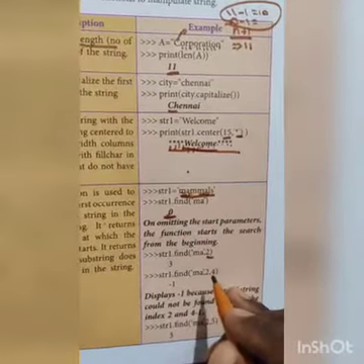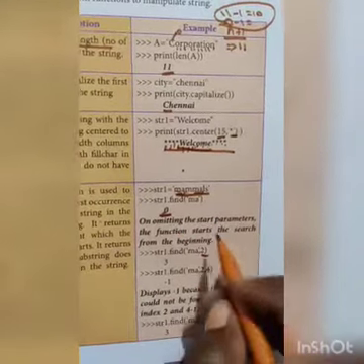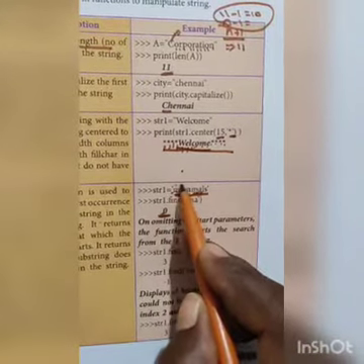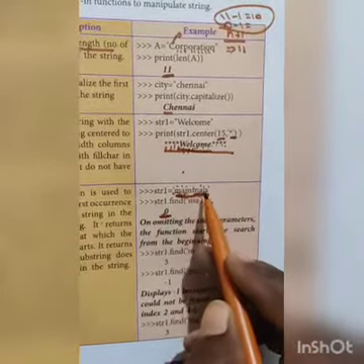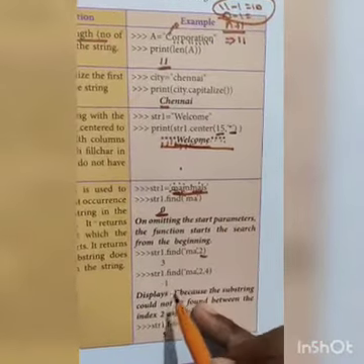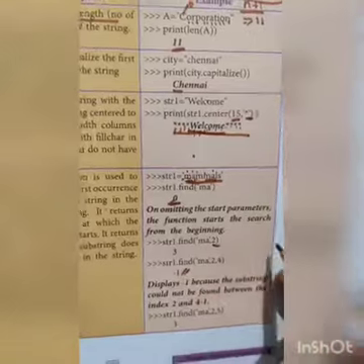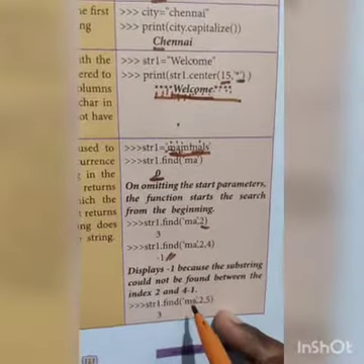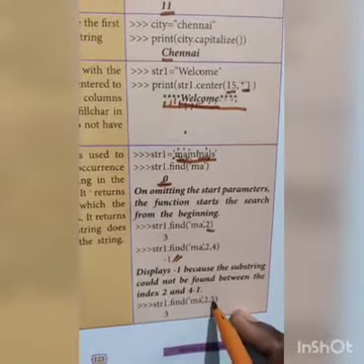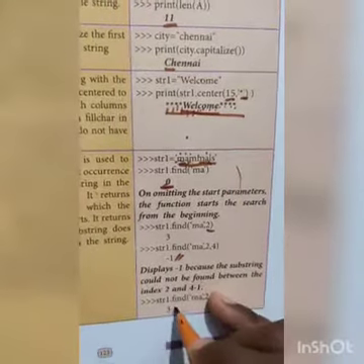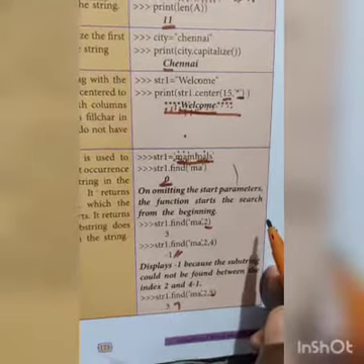So next, from 0 to the fourth character: 0, 1, 2, 3, 4, up to A. Up to A, MA is not there, so that is -1. Next see here, MA up to 5, what will come? MA will come 2 times.